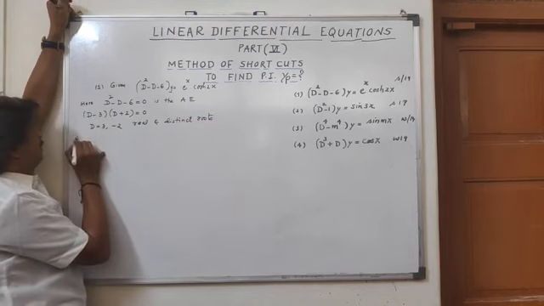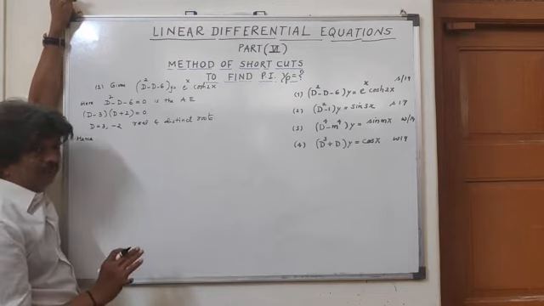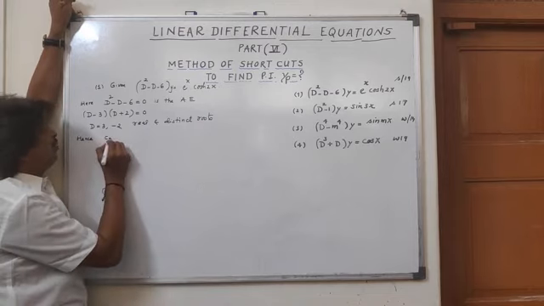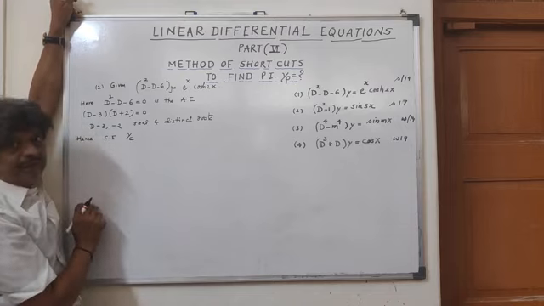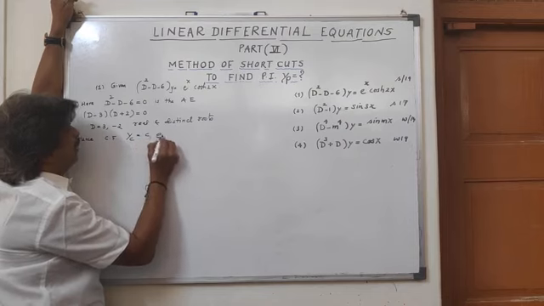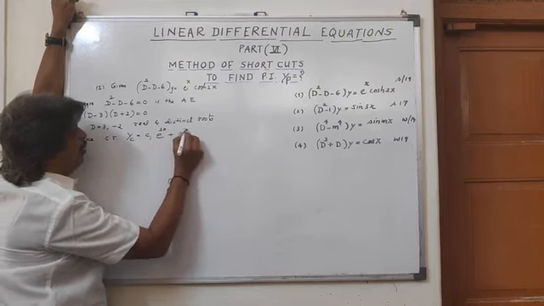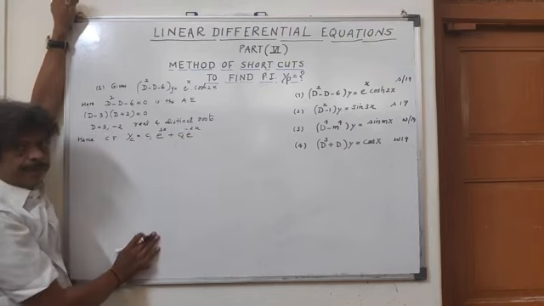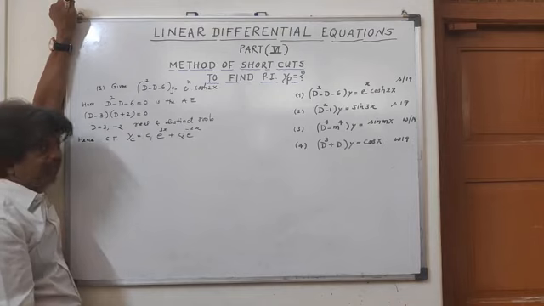Hence, due to the real and distinct roots, the complementary function, which we denote as y suffix c, is equal to c1 into e to the power 3x plus c2 e to the power minus 2x. So that is the one part of the general solution. Now,